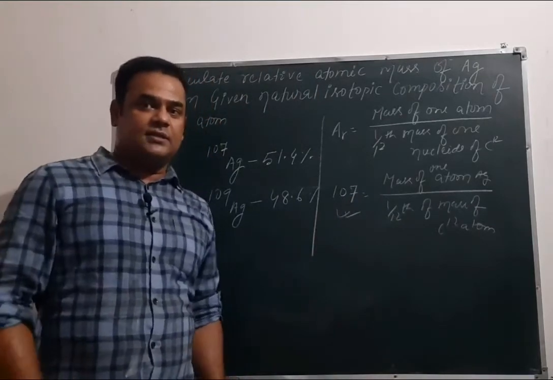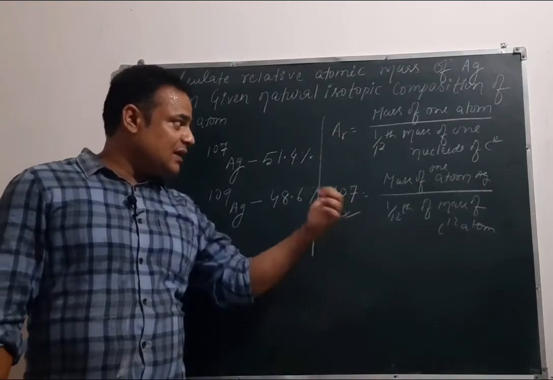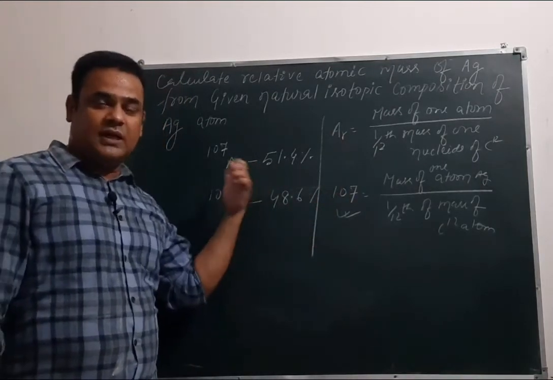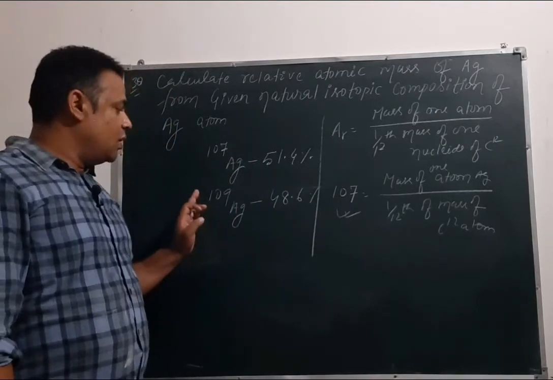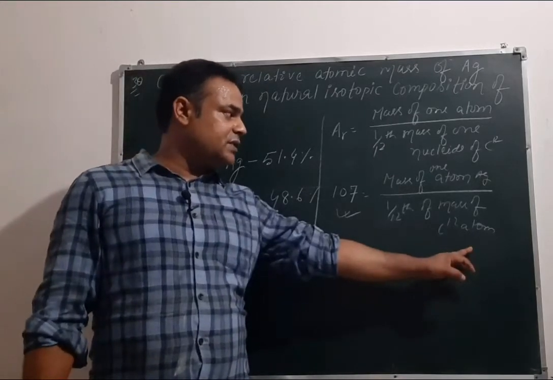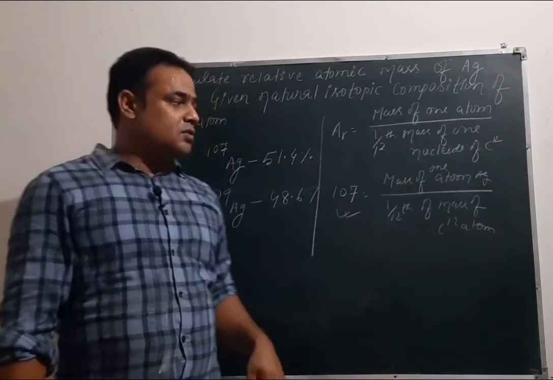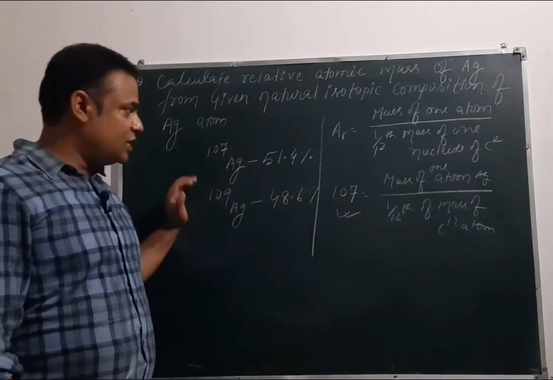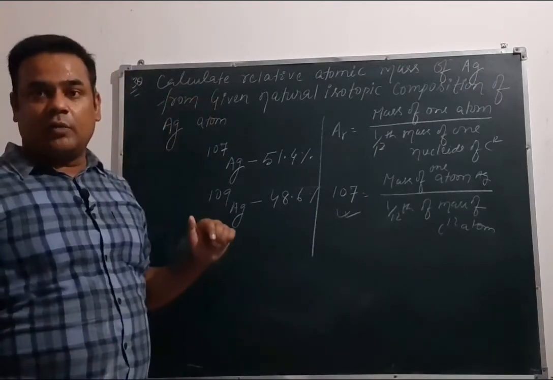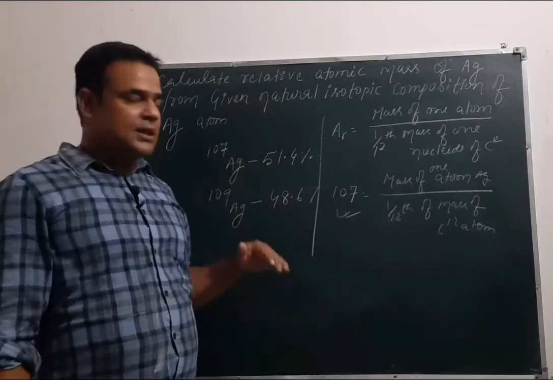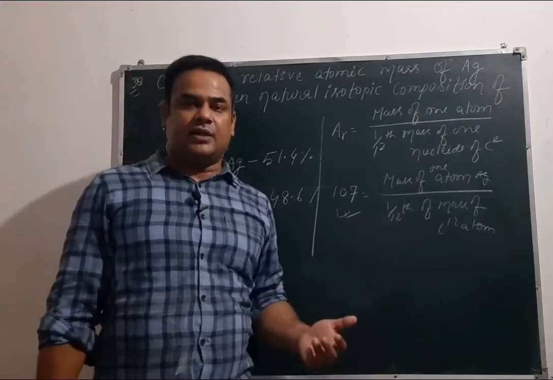Then the question arises, why don't you write this value equal to AR? Because this is the mass for one isotope, but in nature there are two isotopes. One is 107, another one is 109. 109 is also equal to the mass of one atom of silver of this isotope divided by 1/12 of the mass of a carbon atom. So which one should we write, 107 or 109? To solve this problem, IUPAC has given a recommendation that you find the relative atomic mass by taking the percentage composition of both the isotopes which are stable in nature.